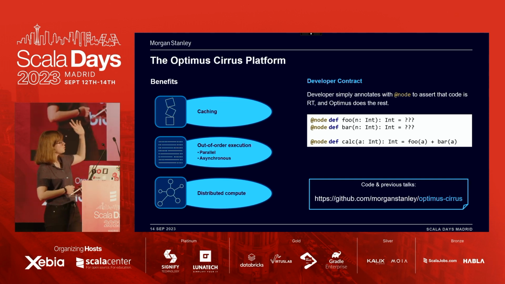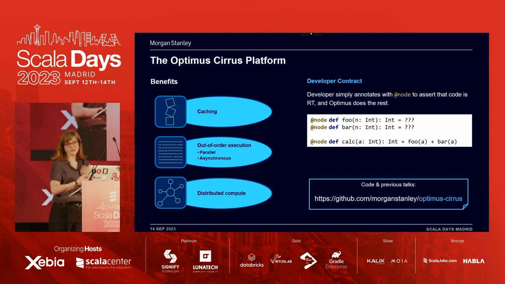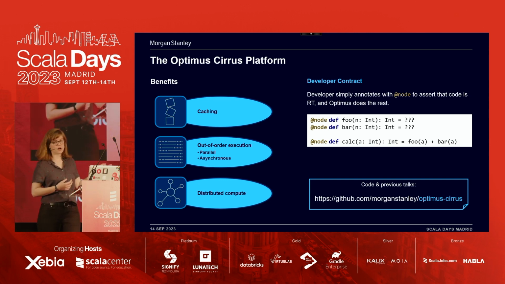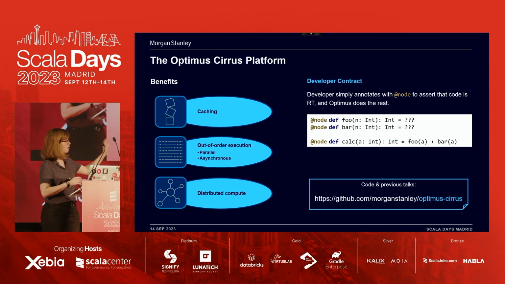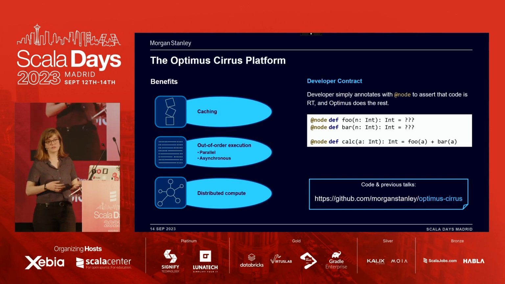If you want to know more about how this is implemented, we have some previous talks. You can find them on our GitHub page. We are also open sourcing every bit of the demo code you saw today, all the stuff we typed, it's on GitHub. And we're also working on open sourcing the platform itself. The first thing that's coming is the build tool you saw today. We're in the final stretches. There's 12 scopes to go. But you can watch that space if you're curious to see it.